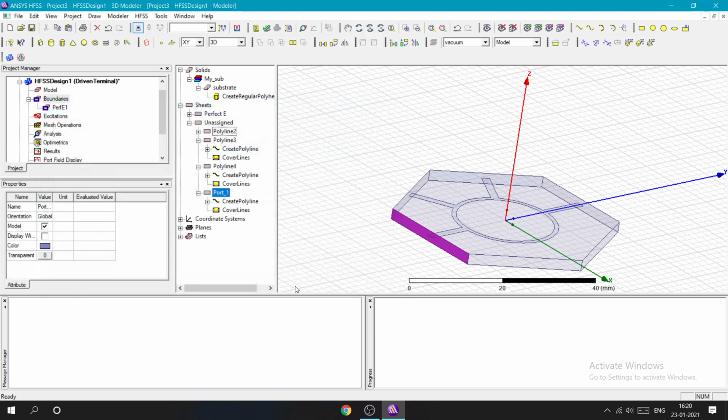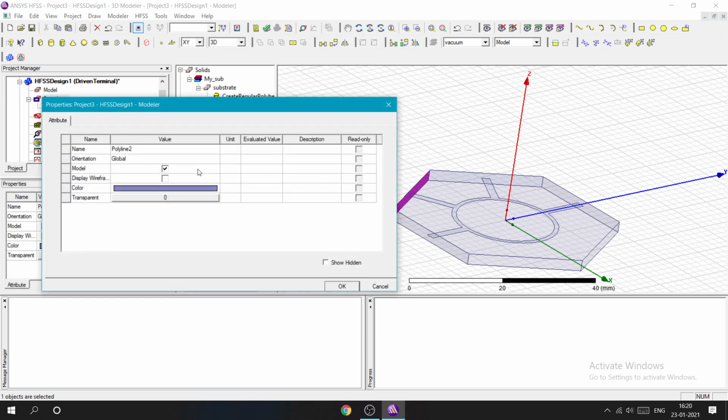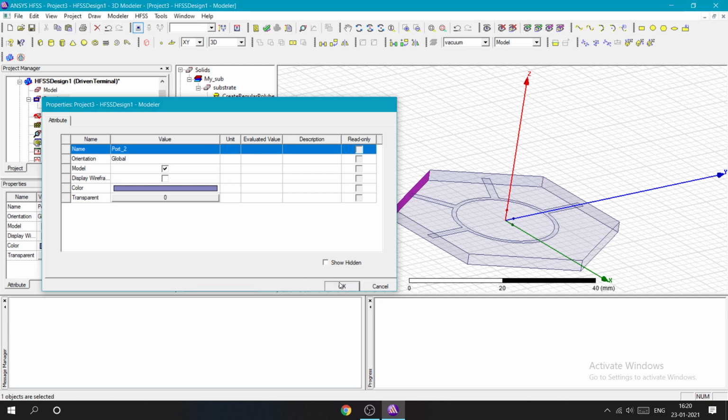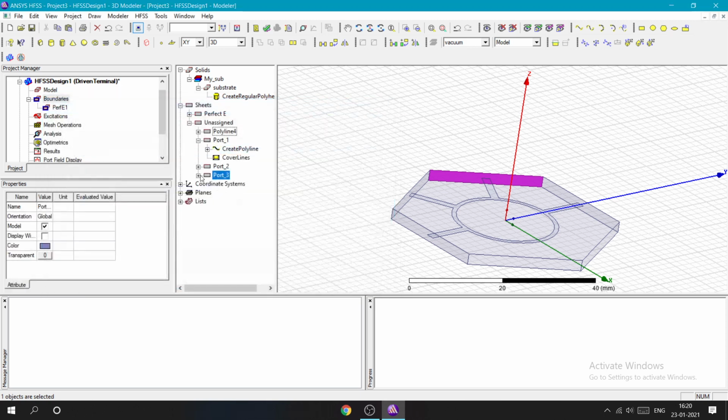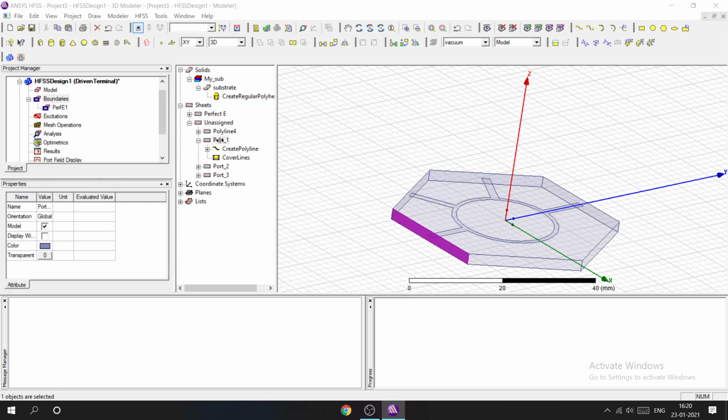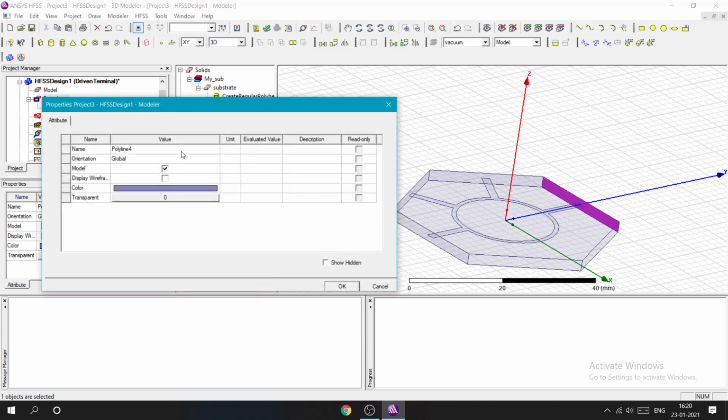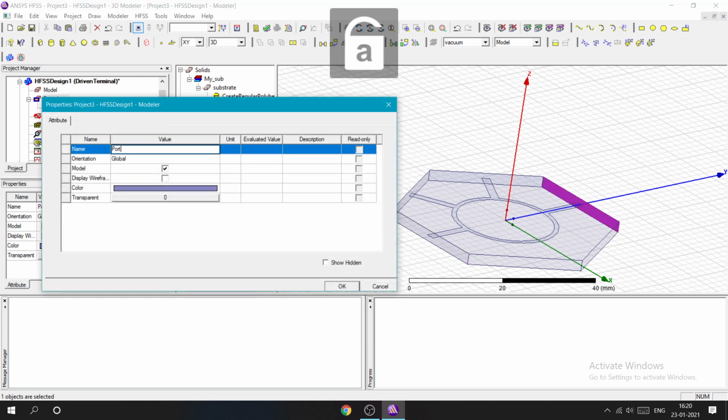Port 1, port 2, port 3, port 4. Make sure there are no spaces while giving the names.